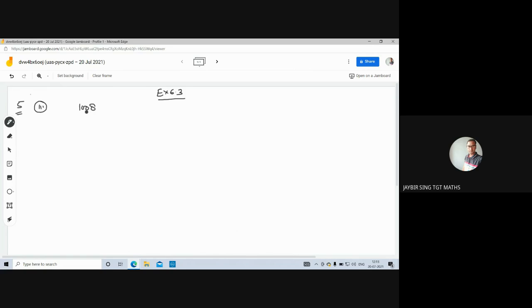1008 should be multiplied to get a perfect square. Let us try this. We'll factorize this. We'll get the prime factors of 1008 and see which factor remains unpaired. See, this is divisible by 2. 2 fives are 10, 0, 2 fours are 8. 2, 2 twos are 4, 2 fives are 10, 2 twos are 4.